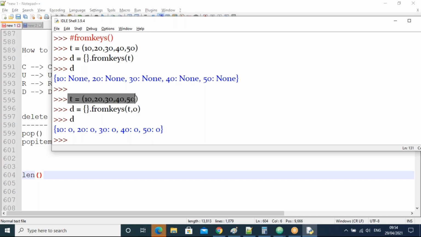Suppose a list is there, that list I want to take as a single string, I want to take as a tuple, I want to take as a set, like that. We have to convert, guys. That is what we see tomorrow, guys.